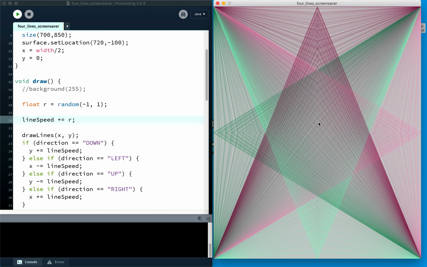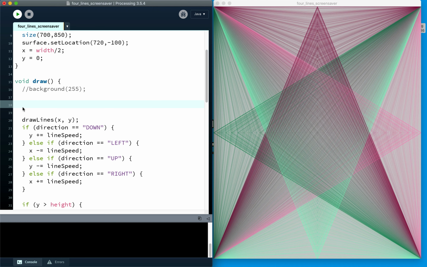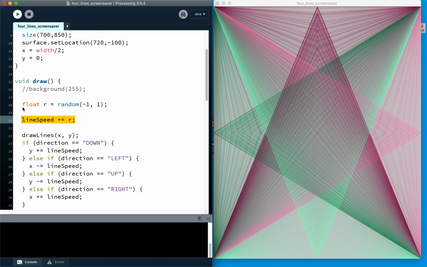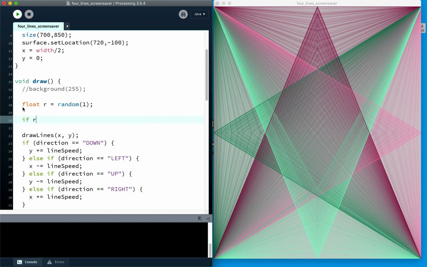Okay, so it's just kind of changing the speed with which it's drawing. So it's not doing what I expected it to do. But what I do want it to do is actually, let's keep that random number, but I'm just going to pick a random number between 0 and 1, a random floating point number, so any decimal number between 0 and 1. And what I'd like it to do is if that r is less than